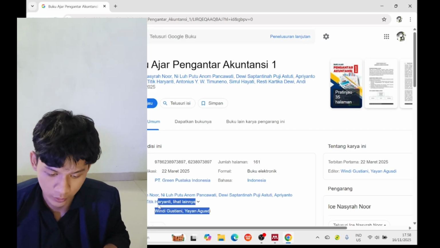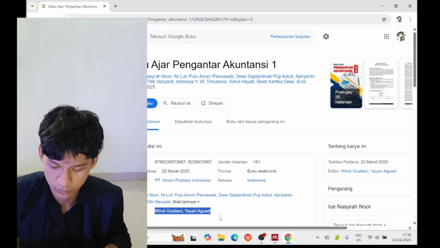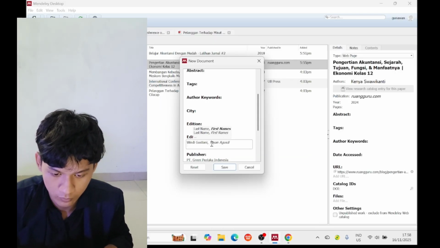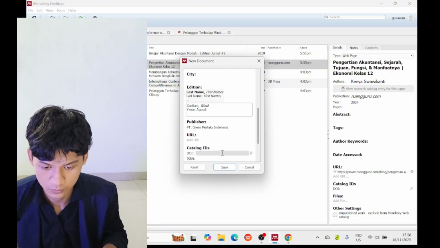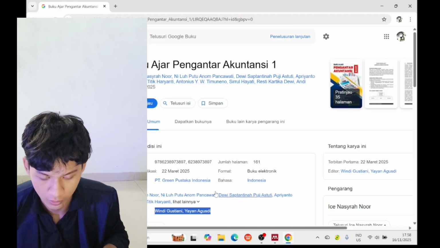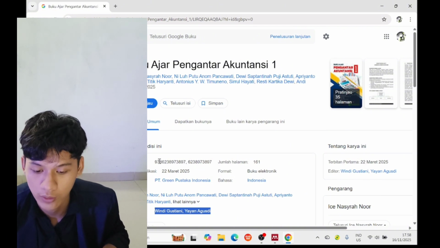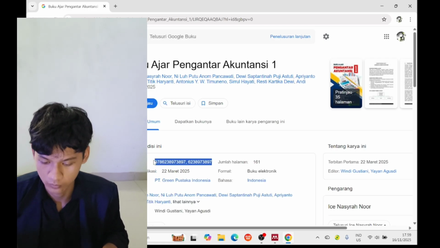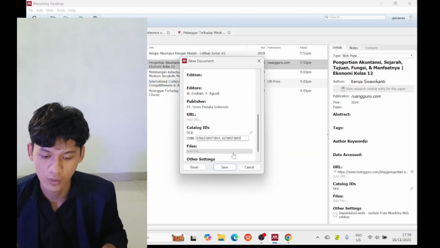The editor we must insert too. And like you can see, there is the ISBN. We must insert it too. Okay, and we save.